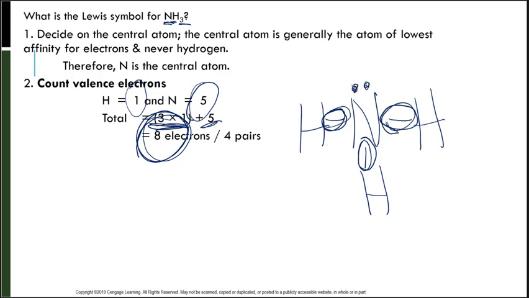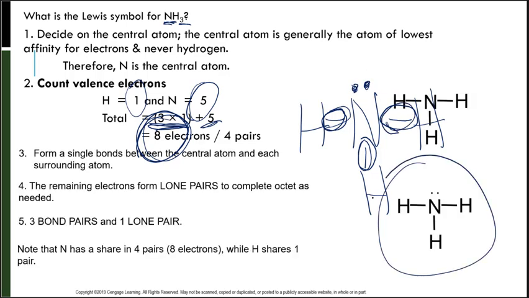So we need to draw a lone pair on the top of nitrogen. This would be our Lewis structure for NH3. It would have 3 bonding pairs and 1 lone pair for a total of 8 electrons. Let's draw the Lewis structure of chloroform,